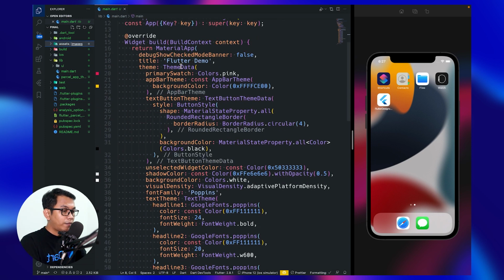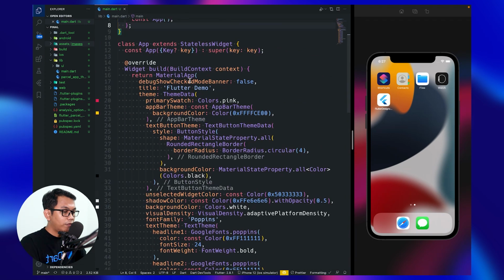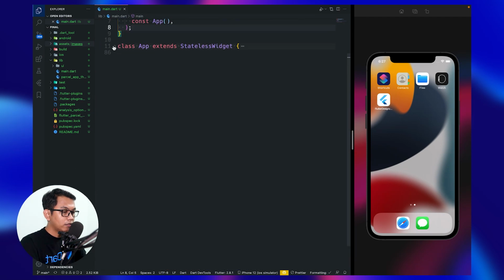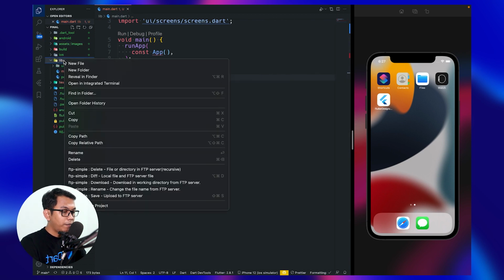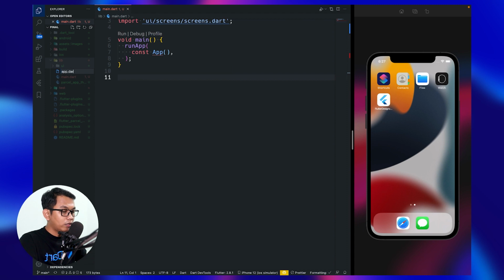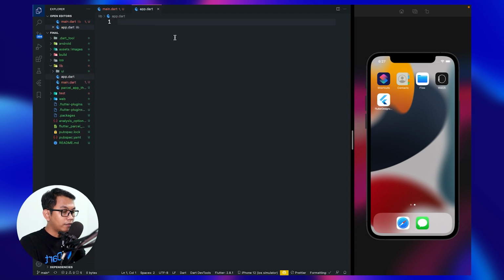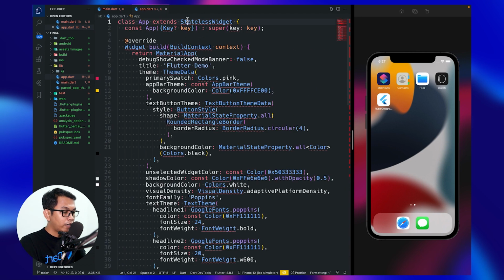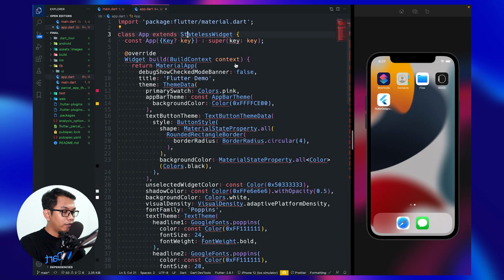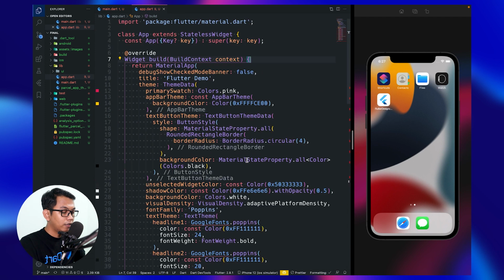So first thing first, I want to move this class to a new file. Inside our lib, create a new file, name it as app.dart. And we paste here. Don't forget to import material, look like this.